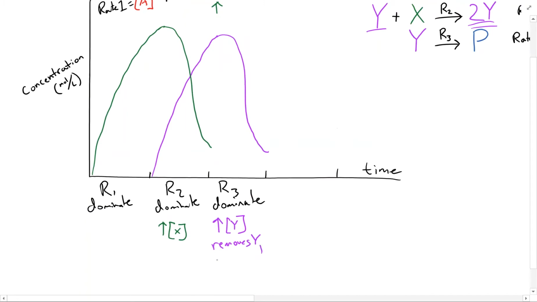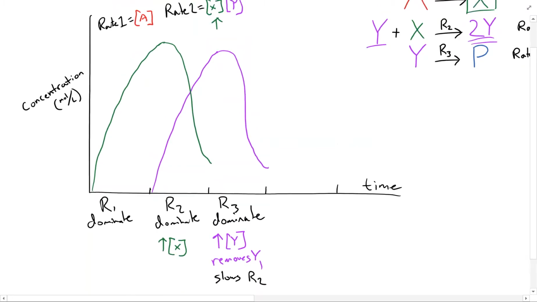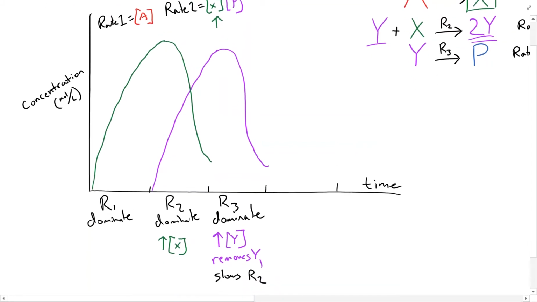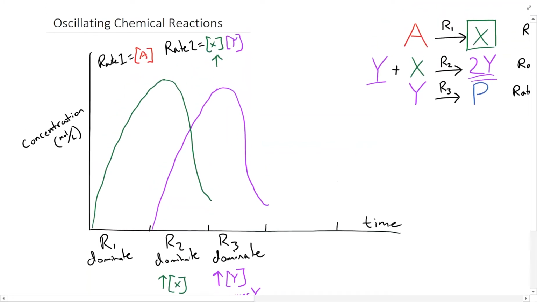It slows R2 even more, right? As we remove Y, we have less reactants to collide, less Y to collide with X